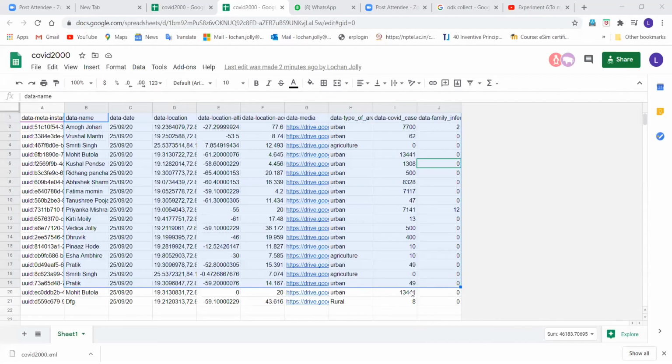Now this data, we will simply select all the fields and copy them into a new Excel file, a new blank worksheet, and simply paste it here. Now once this is pasted, I'll simply save it on my desktop